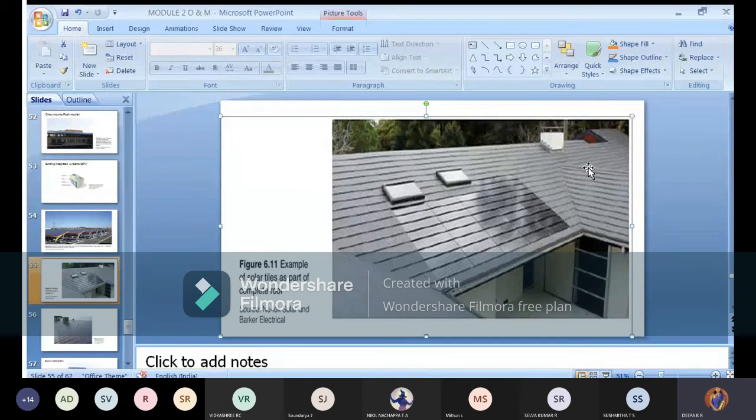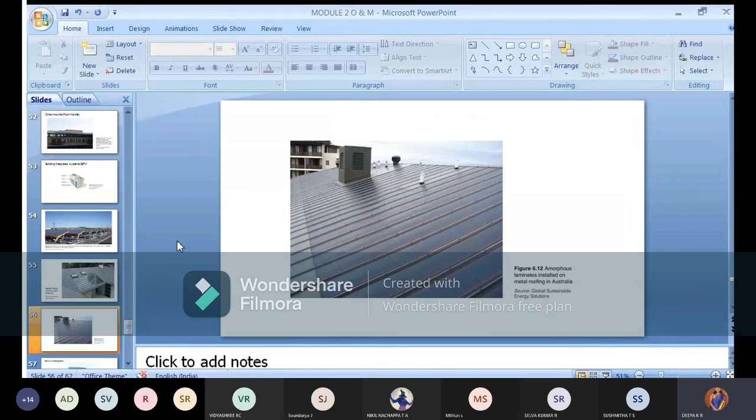All these things can be done, but as you compare with other systems, this is a little bit costly. Of course, there is also airflow capacity, because your house has to sustain all the different types of conditions which are happening. In those cases, we are facing a few problems, but otherwise this is very good for installing and getting good output. This is solar tiles, or you can call it amorphous laminated. So these all come under the roof mounting system.